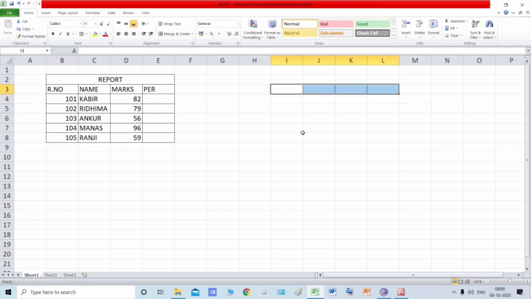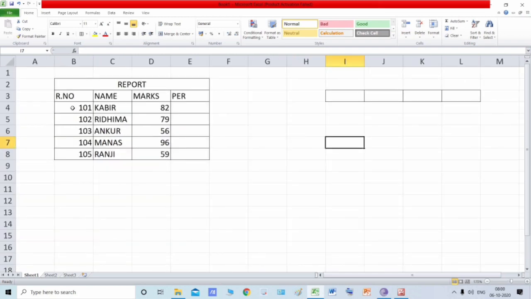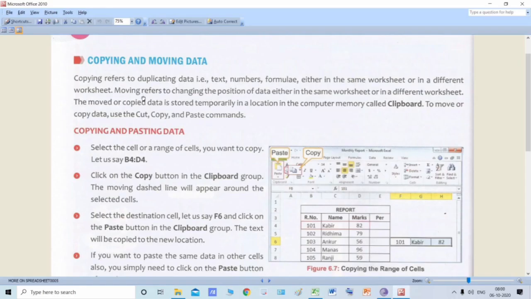Let me show you by copying. Suppose I want to copy the data of roll number 104. I'll select the entire data and then go to the copy button. As you see over here, this is the clipboard section. Can you see this clipboard section? What is the clipboard? The moved or copied data is temporarily stored in a location in the computer memory called the clipboard.